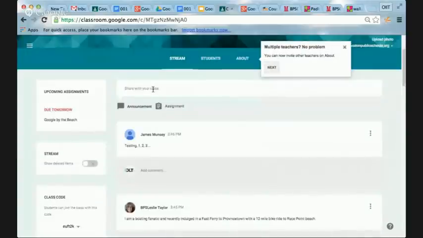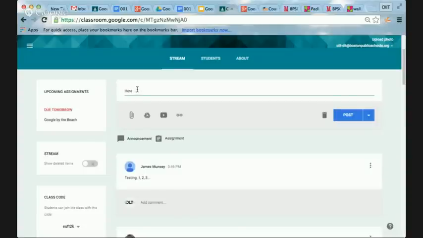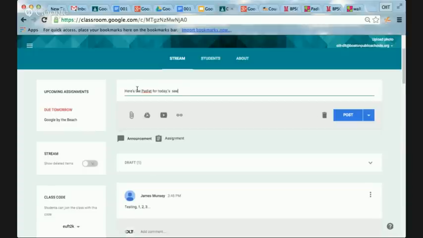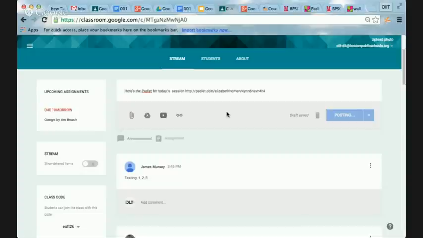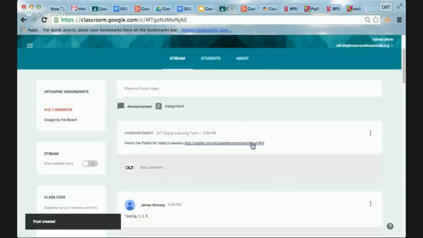So I'm going to share this with my class. I say, here's the Padlet for today's session. And I'm going to post it. And there it is there. So now